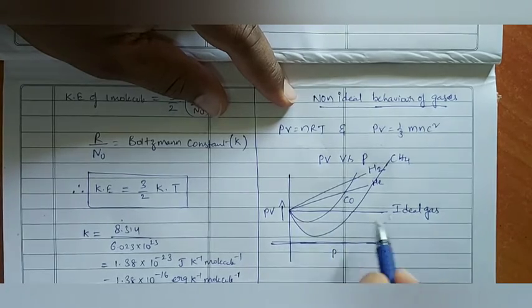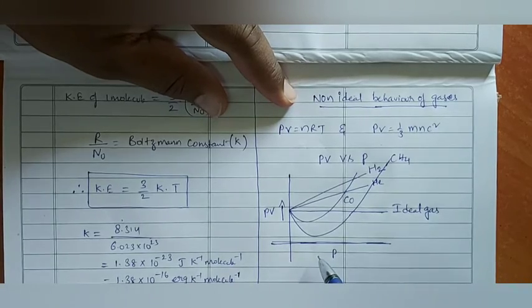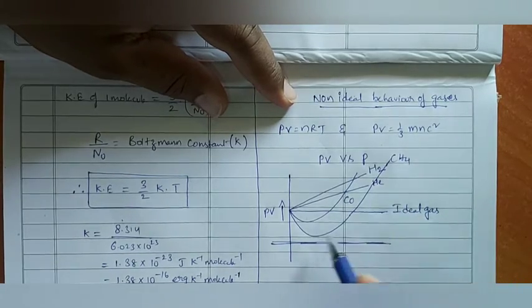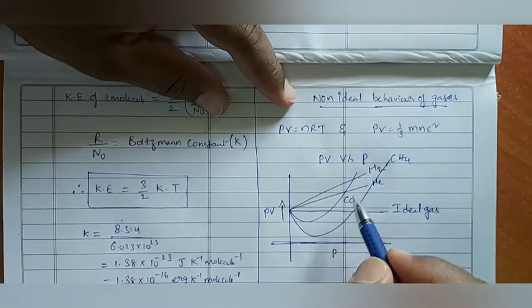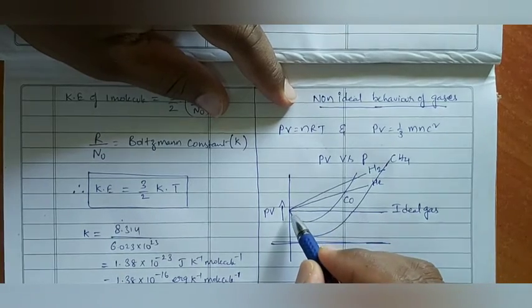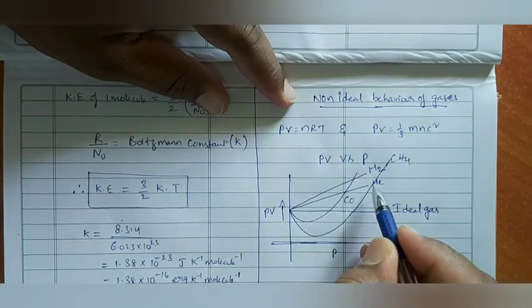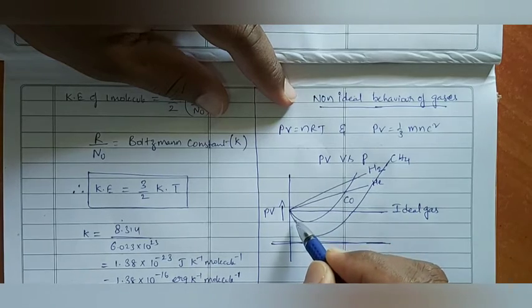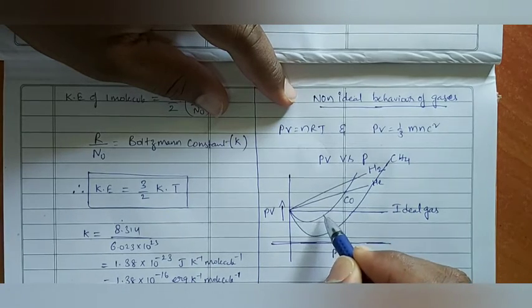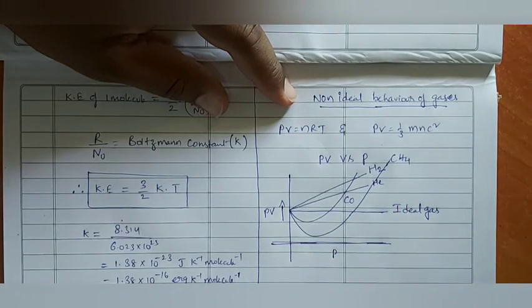Actually, if an ideal gas is there, it should show a straight line when we draw PV versus P. But these gases which are present in nature, methane, CO, H2, He, are showing some deviation. See, hydrogen gas, every time that line is above this idealness. Helium gas is above this idealness. CO shows some deflection below, after that again above. CH4 also like that only. That means these gases are not behaving like idealness.